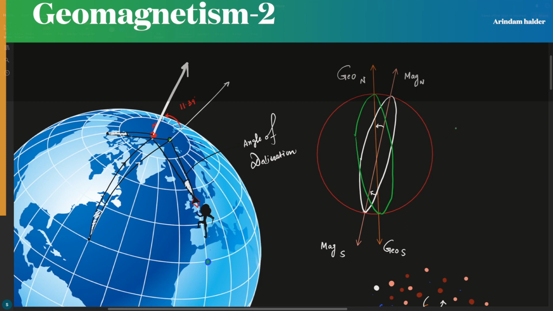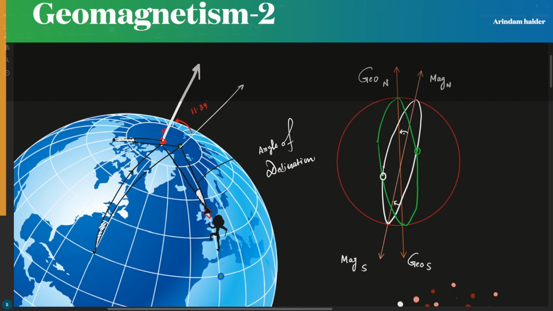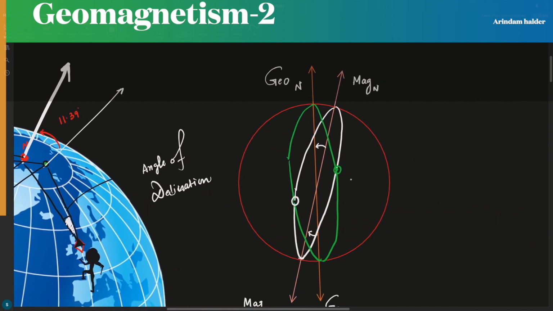So now these two half spheres, as you can see, they're intersecting at two different points. Here is one point, and here is another point, right? These are the two points where the magnetic plane and the geographic plane intersect with each other. Now if you come closer to this particular point, here,